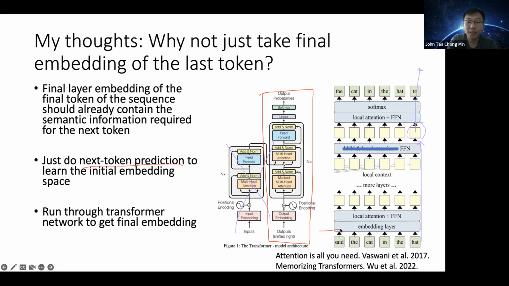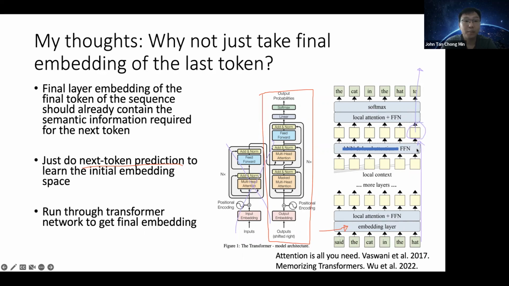You learn the initial embedding layer, and then use this initial embedding layer, you can get the final embedding layer without doing contrastive loss. So that was what I was thinking. Why not just do away with contrastive loss? Yeah, but after discussing with you, I realized why they might have needed to do it, because this is for